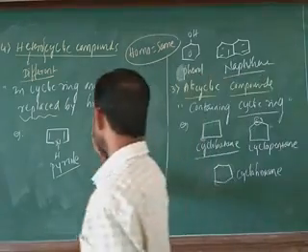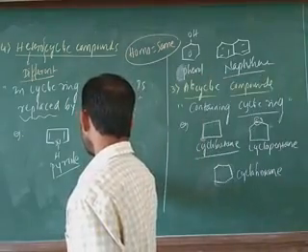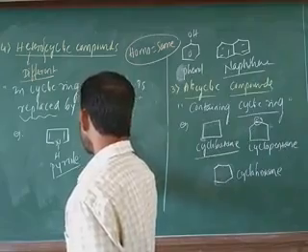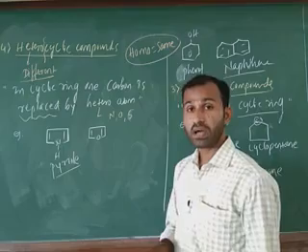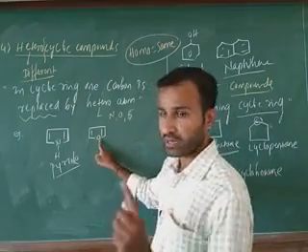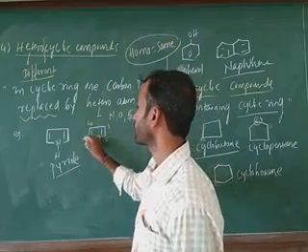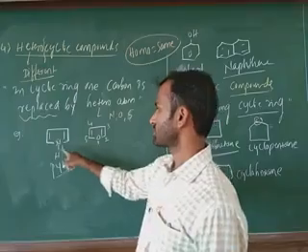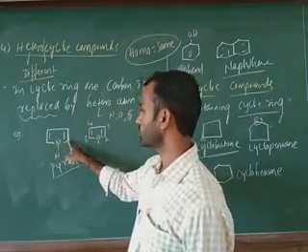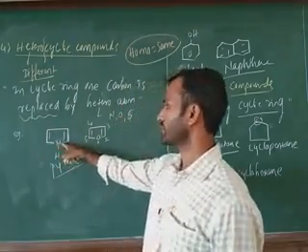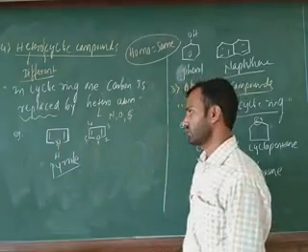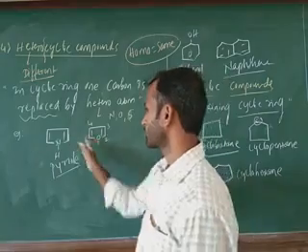Next example. The next example is also a 5-membered ring. How are we going to count? Start from the heteroatom. Bear in mind, important. Here 1, 2, 3, 4, 5. In this case also you have to start from here only, 1, 2, 3, 4, 5. This is also 5-membered. These indicate 5-membered rings.